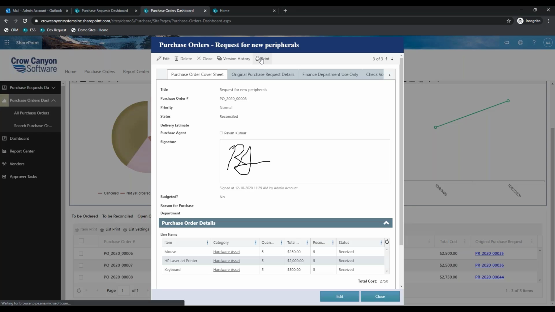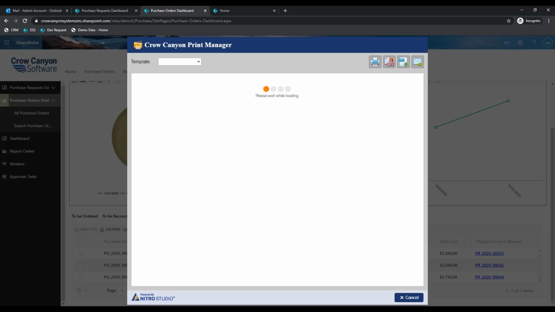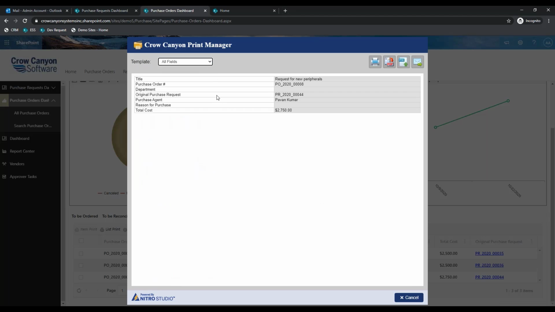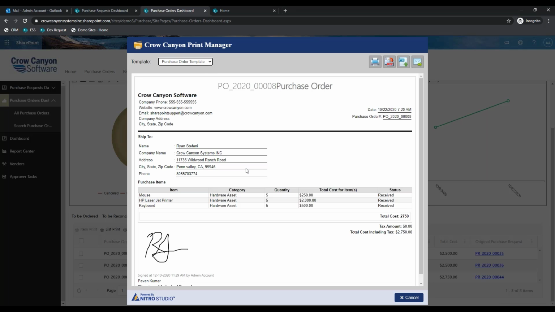Now, a part of Nitro is a print manager tool. Very important in the purchase request application because you can create your own purchase orders directly from a SharePoint list item. In this case, a purchase order. Anyone who has tried to print off SharePoint out of the box knows it's a pain, right? It's a nightmare, right? It looks something like this, but less clean, right? Way less clean. What we do is we give you the ability to create your own rich text print template,